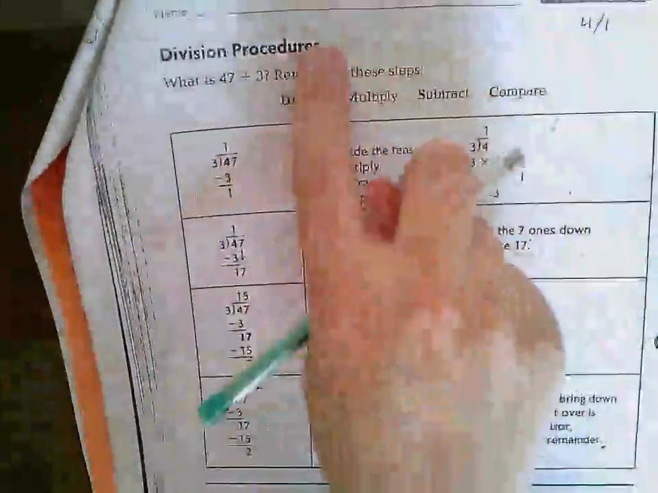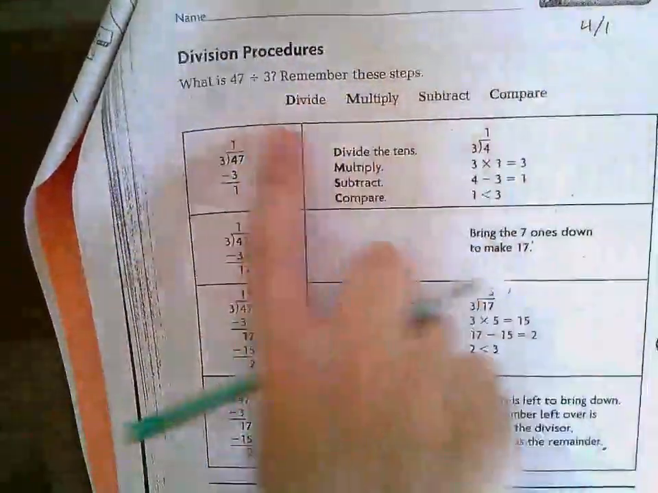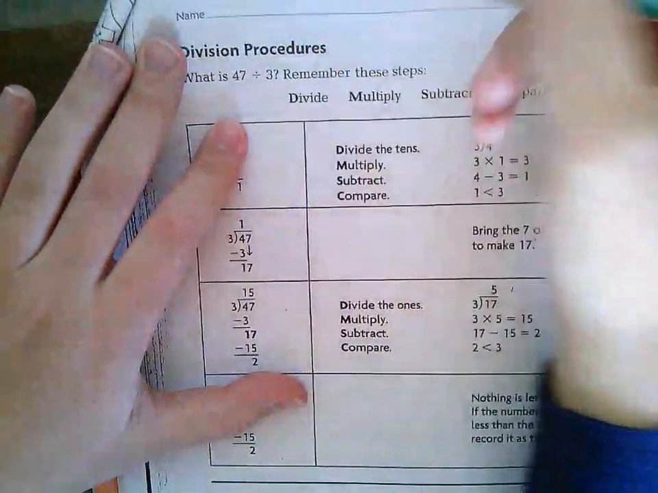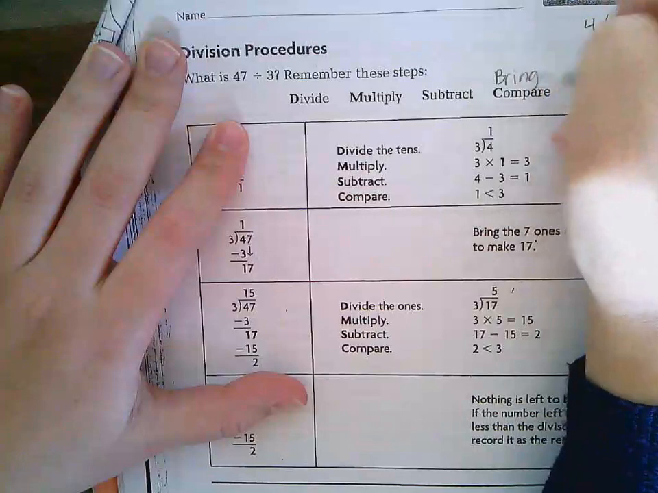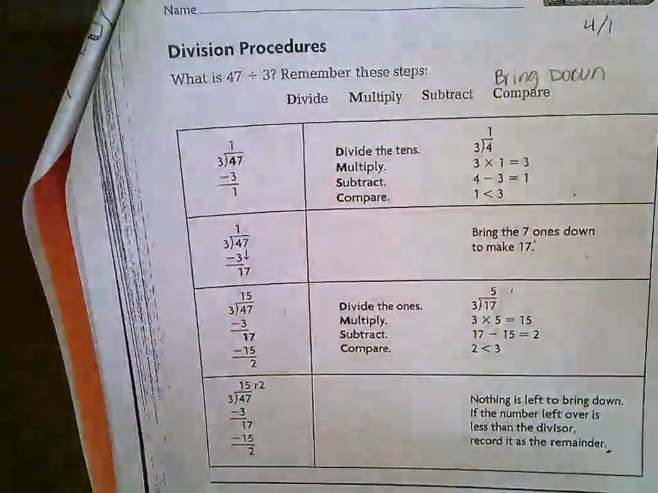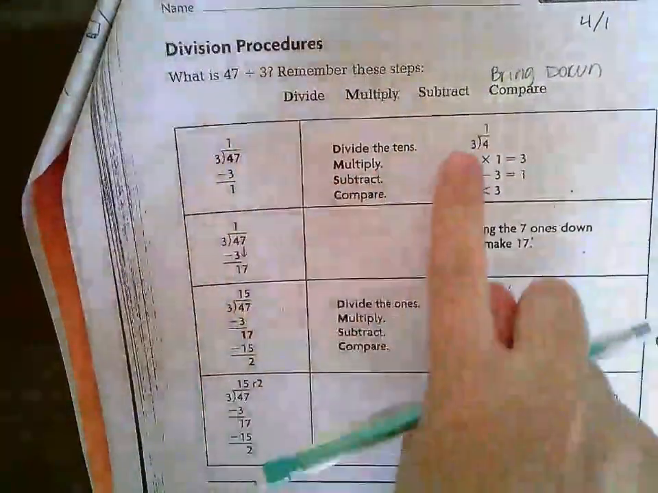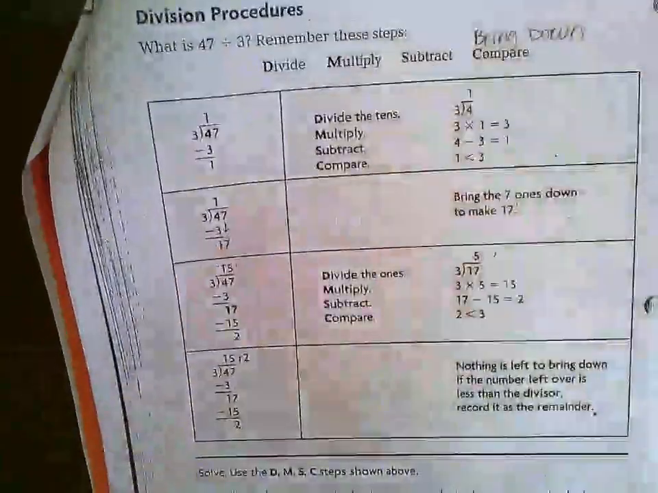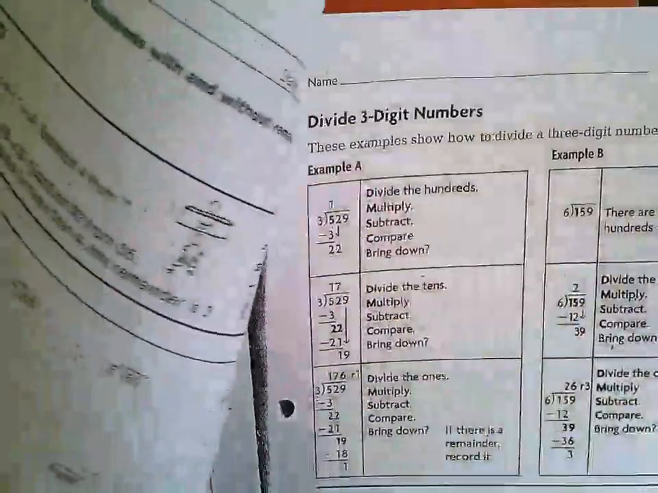So we're going to do this page, we're going to go through the division procedure step. This should look familiar. So my students, some would know it as DMSB. So bring down instead of compare. Same difference. Okay, and it goes through the steps with you. So if you get confused, go through the steps with this person. And I'll do 2 of the problems with you at the bottom, and then on the back, let's see, there's